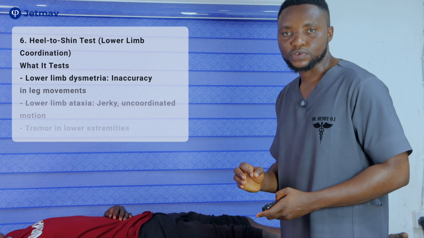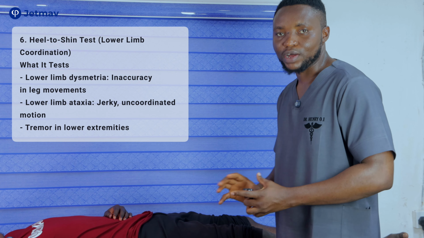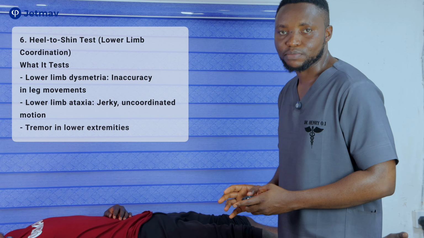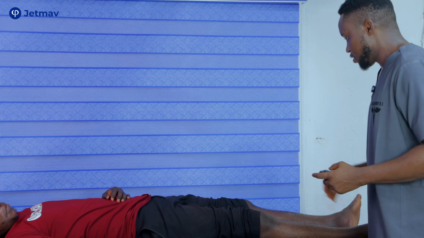With this, we're going to need our couch. So we'll move over to the couch for this. So next is what we call the heel-to-shin test, where we're checking out for the lower limb coordination. So here, we're checking out for any inaccuracy in leg movements or any lower limb ataxia or uncoordinated motion in the lower limb. So we'll ask the patient, can you please bring your heel, touch your knee with your heel,